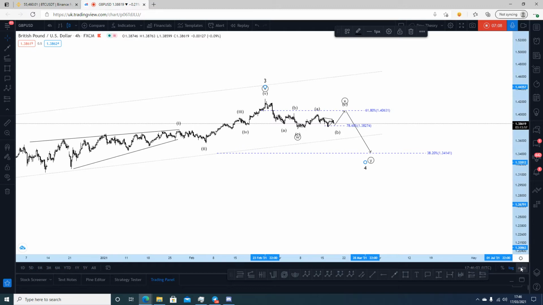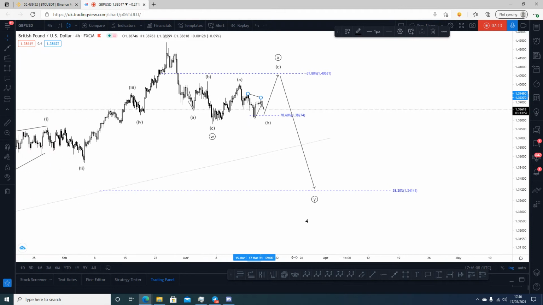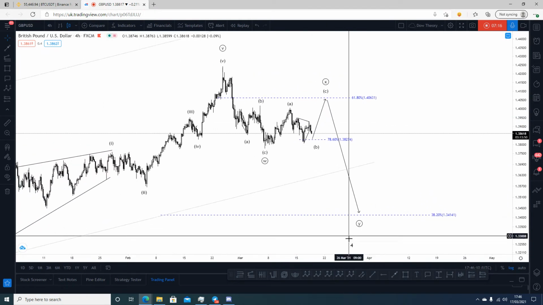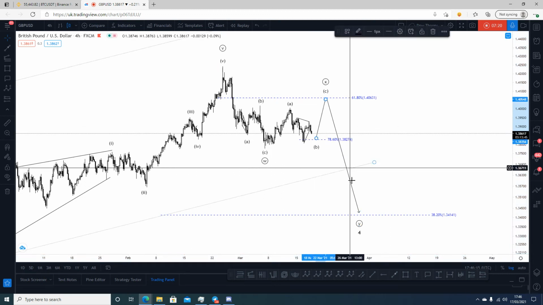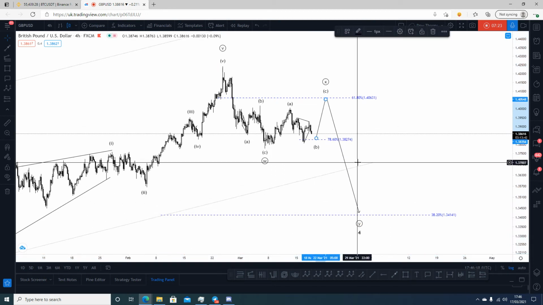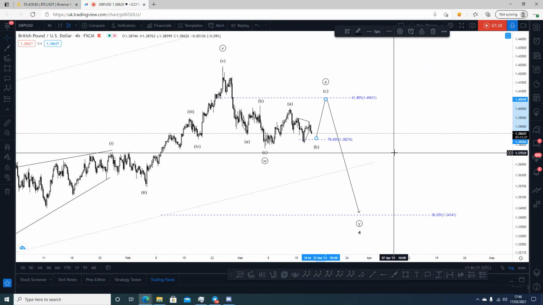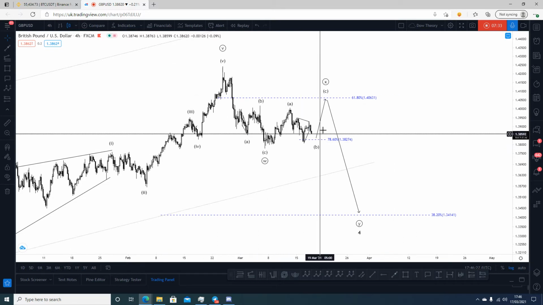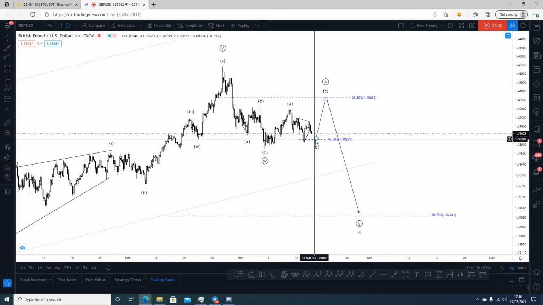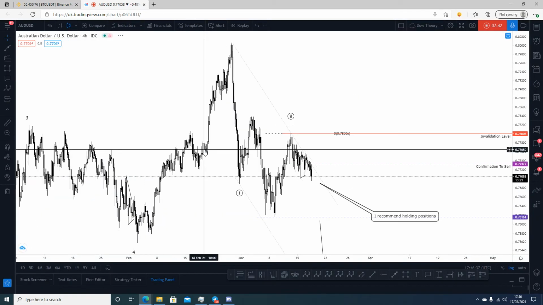And we then may be looking at something like this, right? So we could be seeing something like this manifest right in front of our eyes, a double zigzag and an ABC pattern here forming before we see a nice sharp C wave or Y wave, however you want to see it. So again, this puts GBPUSD also into perspective, and this is providing us with an opportunity for a move up and for a move down. The same would apply also, guys, for AUDUSD as well.